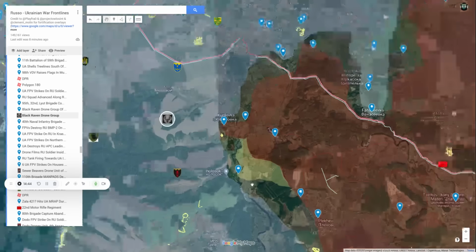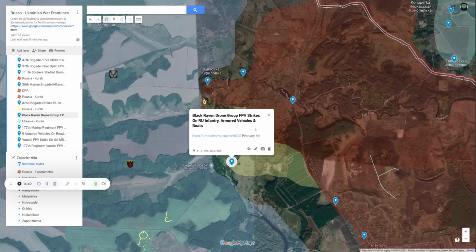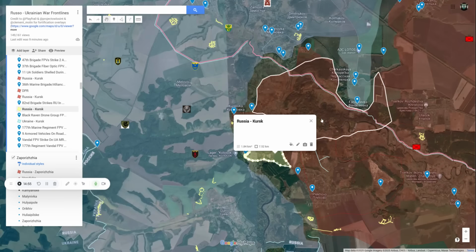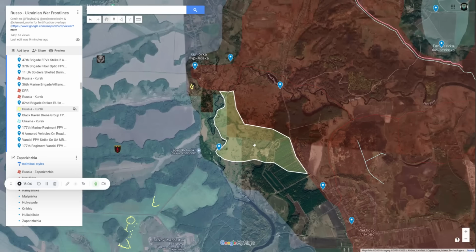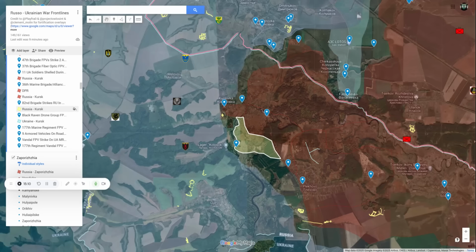They actually recorded this compilation on, what was this, February 4th. That's when it was released, and it was a monthly summary of their activities in this part of the front line protecting southern Suja. And in the geolocation, it actually proved that the Russians were able to advance 1.8 square kilometers of additional territory on the eastern bank of the Psal River. It included, I believe, the killing of 17 Russian soldiers and wounding 31 in the claims made by the drone group. So they claim that in 1 month they were able to kill that amount of Russian soldiers and wound 31 of them,